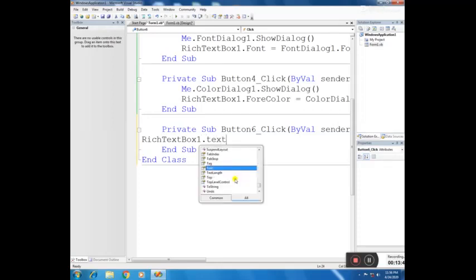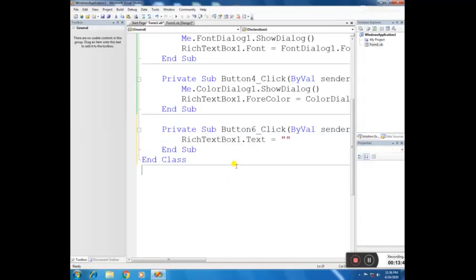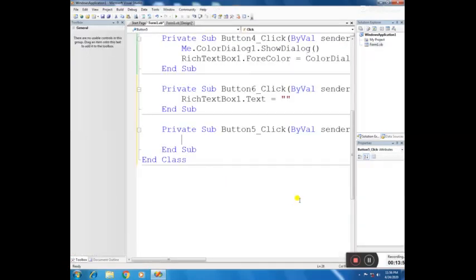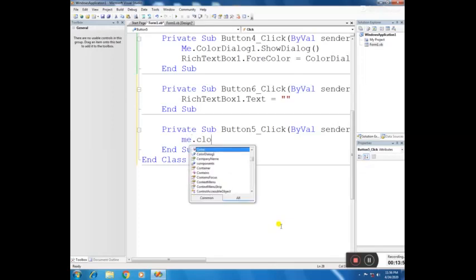RichTextBox1.Text is equal to clear, and for the close button, Me.Close.